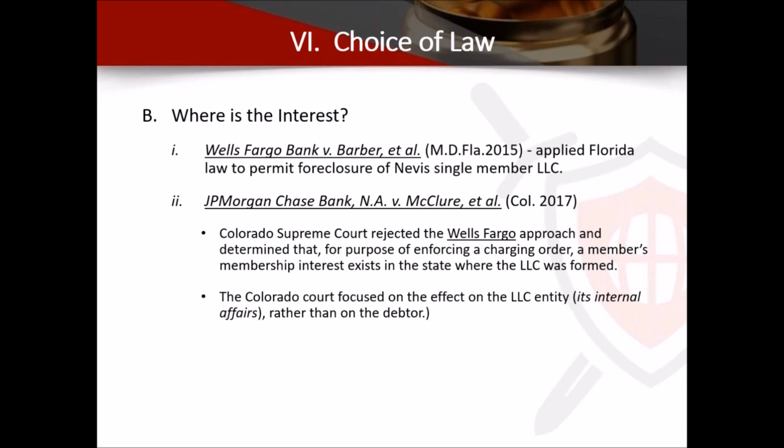The JP Morgan case is similar, but what the JP Morgan case is, because we're wrapping up now, is a claim that occurred in Arizona, but they sued in Colorado, and it was a Colorado LLC. The Colorado court said, hey, we're applying Colorado law. It's protective. When you sue in the state where the entity is, you're probably going to be subject to their protections.